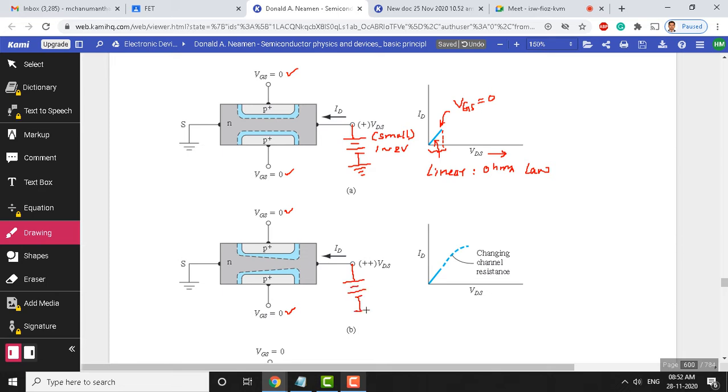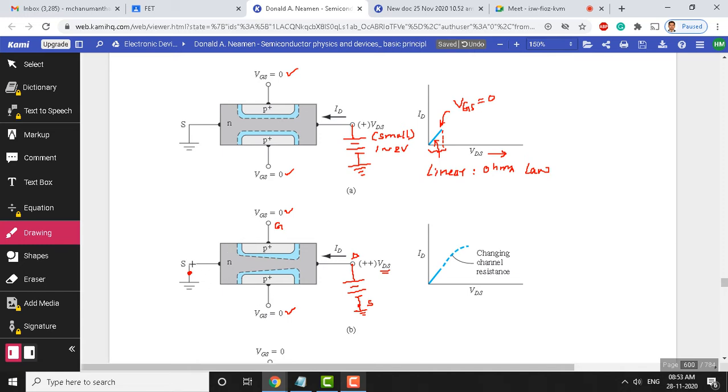With reference to ground. Remember, ground is source. So this is the ground. Source is grounded, so this is connected to this point only. So this is source in fact. We apply voltage between the drain here and the source here. That's why this is VDS. Even this is also VGS. So VGS means we apply voltage between gate here and source.